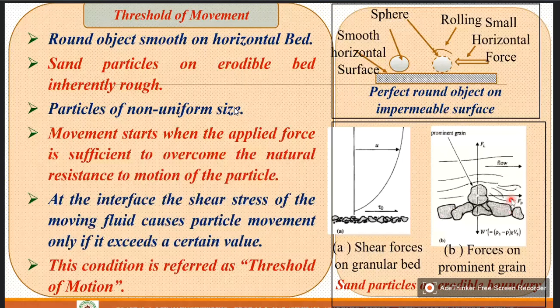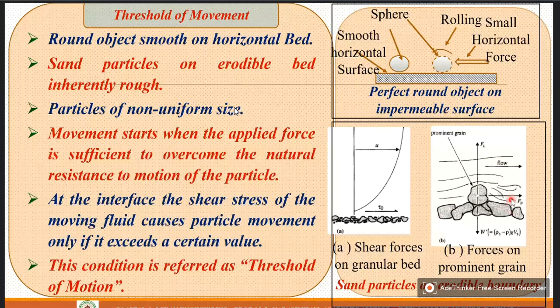The shear stress is due to skin friction, or the grain related friction. Here there is a skin friction just due to grains. Then the second part is due to form drag resulting from the ripple or dune formation. There will be certain bed formations which are called ripples and dunes. I will show what a ripple is, what dunes are. So due to their presence, they will cause additional shear stress.